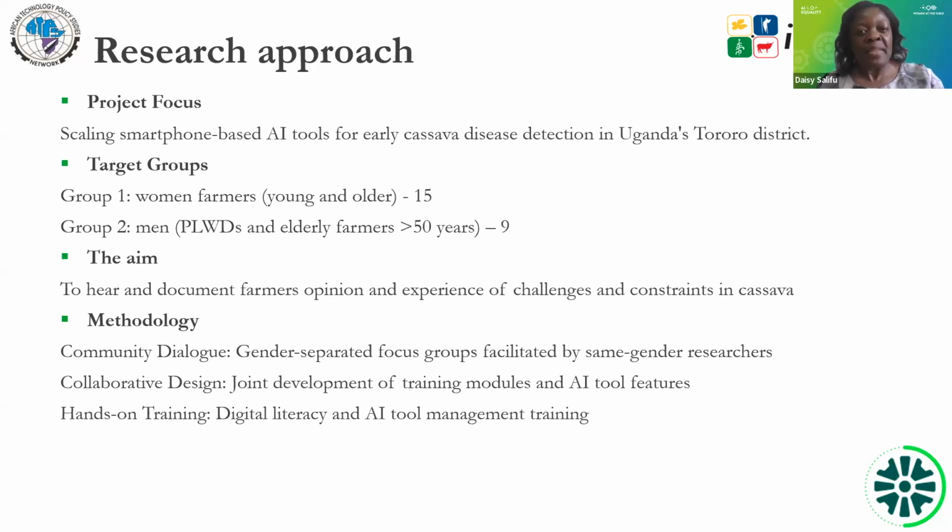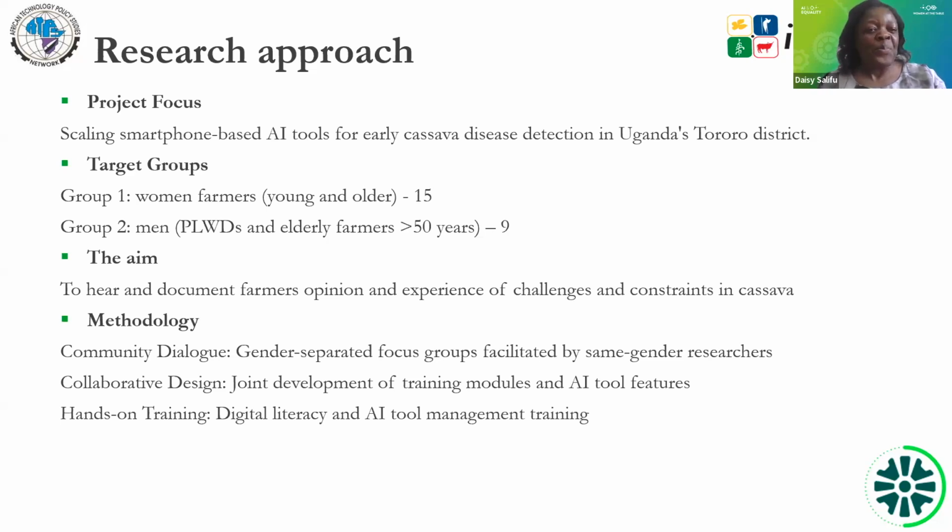for the cassava farmers. And so our target groups in this case, we took advantage of the farmers the project team was working with. So we have the women farmers, we have the men farmers, those that are marginalized, those living with disabilities, and elderly farmers. All these are marginalized farmers, and we thought they should be part of this pilot as we try to pilot our design by inclusion approach.